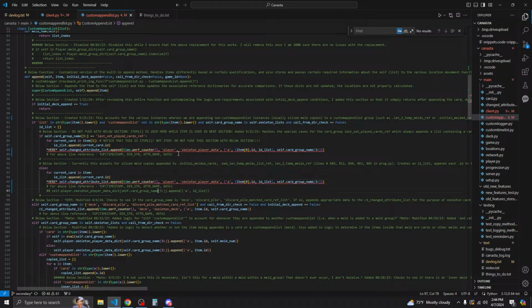So this should actually say self-cargo name 3, which is the same thing, but then it's an ID list. So, oh no, okay.